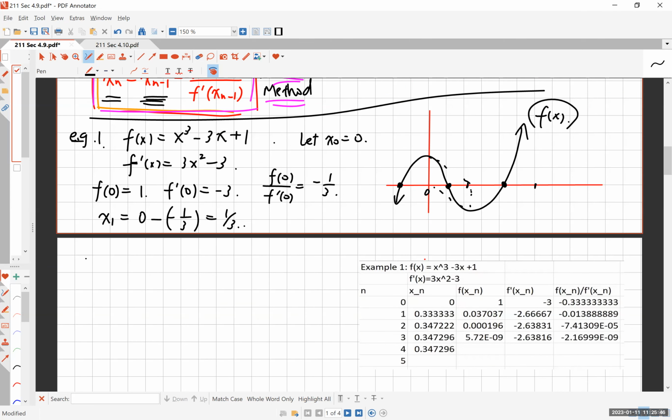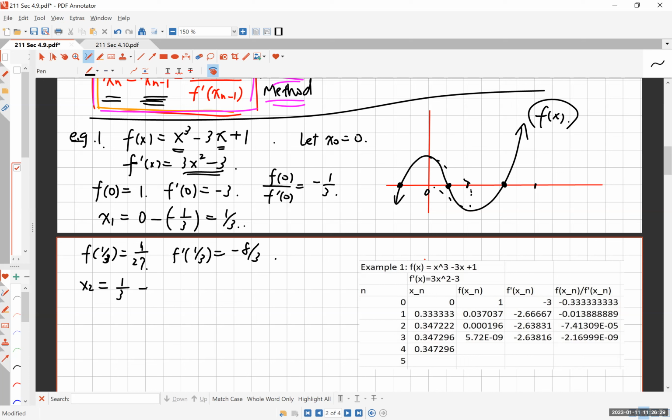And then next, what are you going to do? f of x1, that's f of 1/3. Now remember, the next thing is to find x2. I have done this calculation ahead. f of 1/3 is 1/27. You plug in 1/3 here; 3 times 1/3 is 1, so -1 plus 1. So it's 1/27. The derivative evaluated at 1/3, you plug that in here, is going to give you -8/3. And so x2 is going to be 1/3